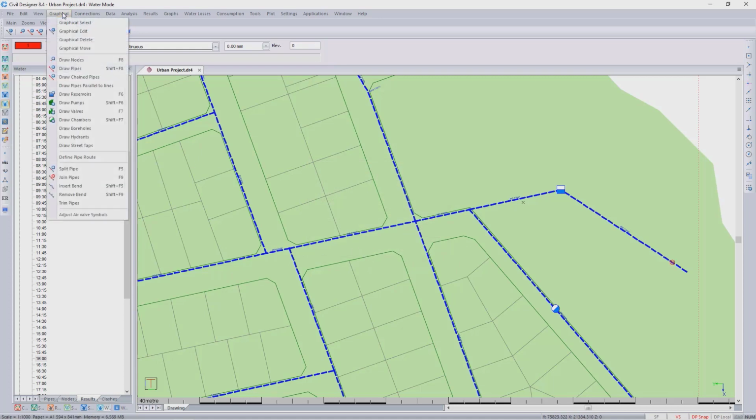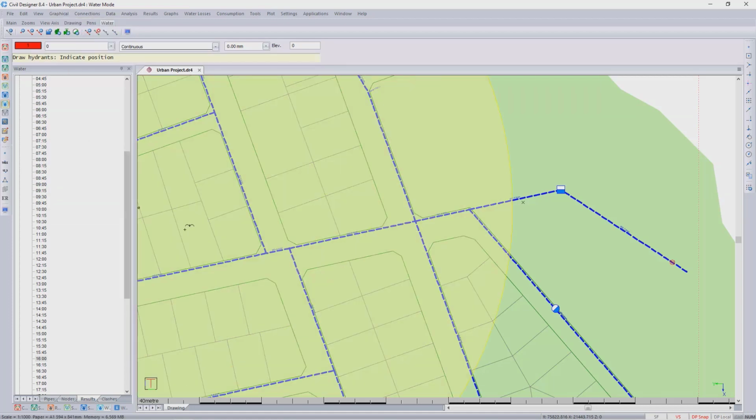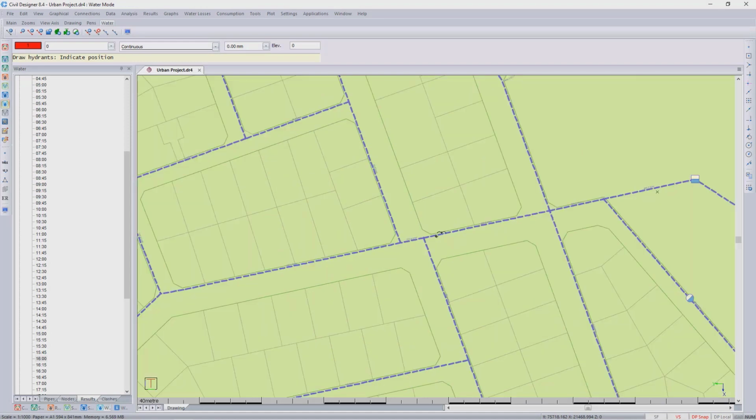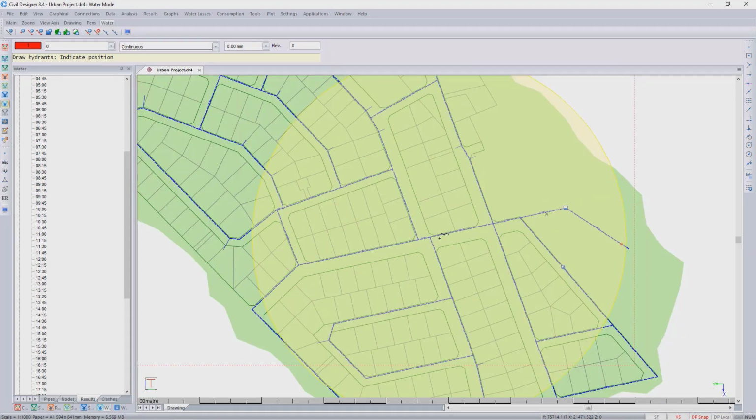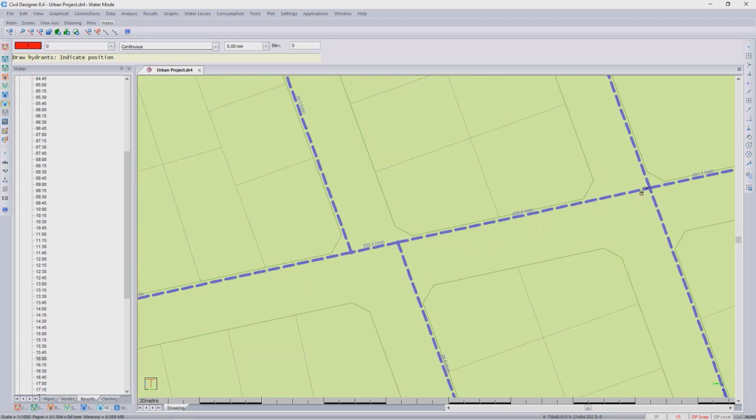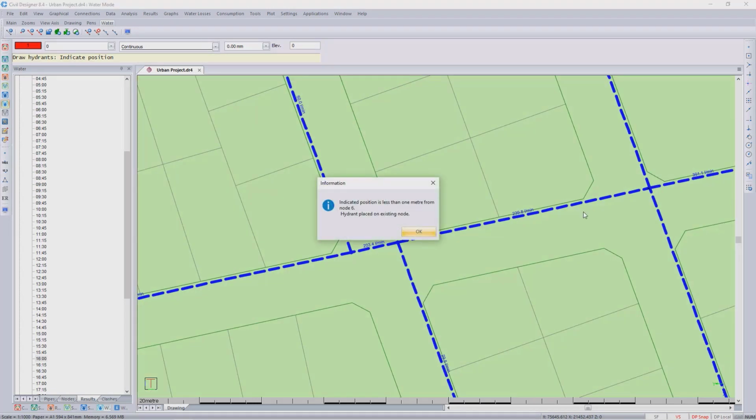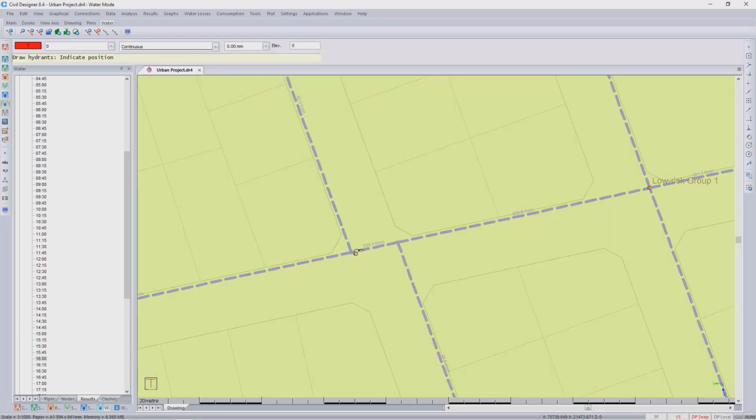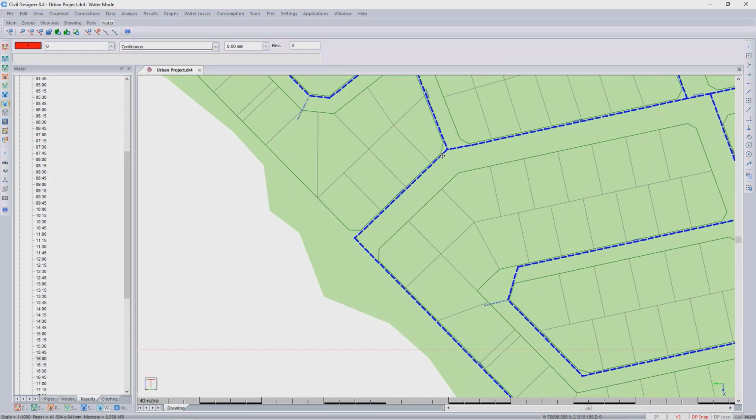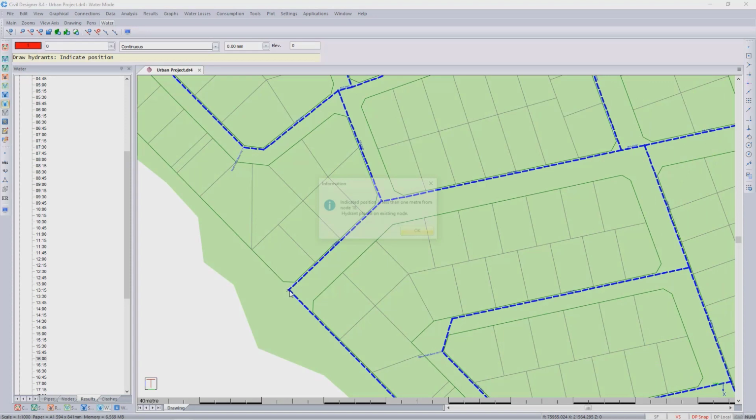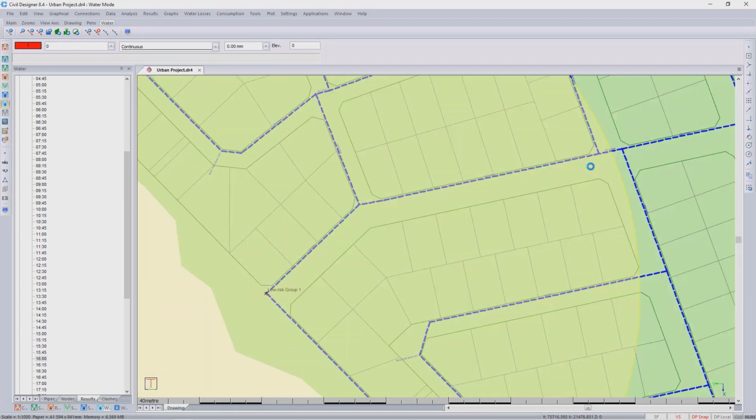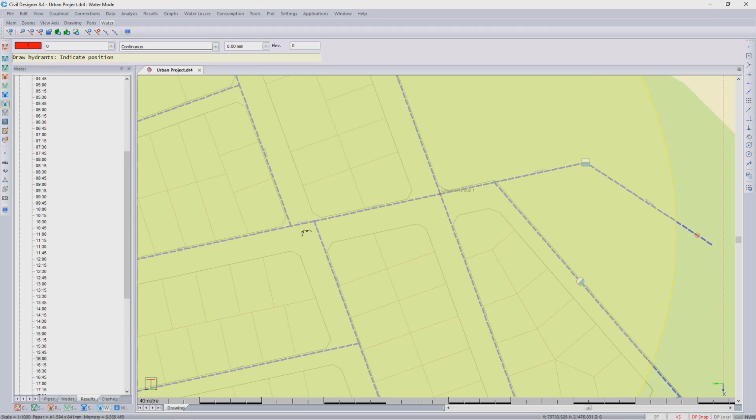I can then go to graphical and I can go to draw hydrant. And here you can see the radius, which I'm going to explain a little bit later when we do talk about the placement of the hydrants. So I'm just going to place 1 hydrant over here. It's indicated the position is less than 1 meter from node 6. It's going to place the hydrant on the existing node. I'll say OK. And I'm going to place a hydrant on this corner over here. With those 2, I'm going to press the escape key